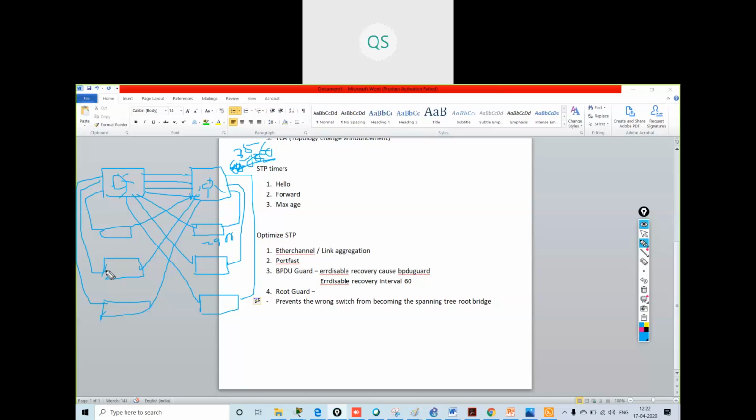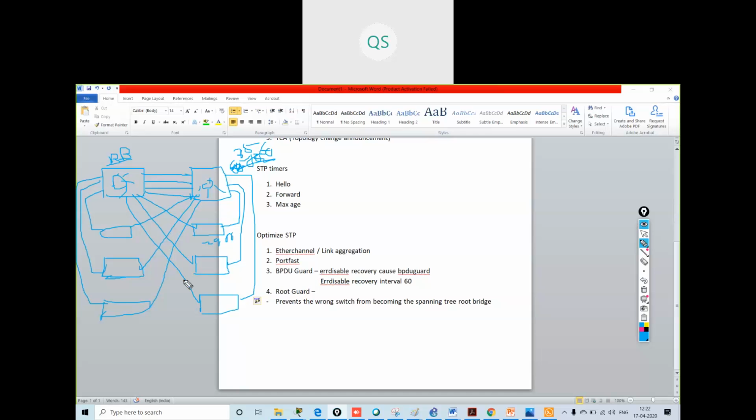Now, what will happen? Suppose this is my root bridge. I have configured this as my root bridge, and these core layer switches I want only as root bridge.